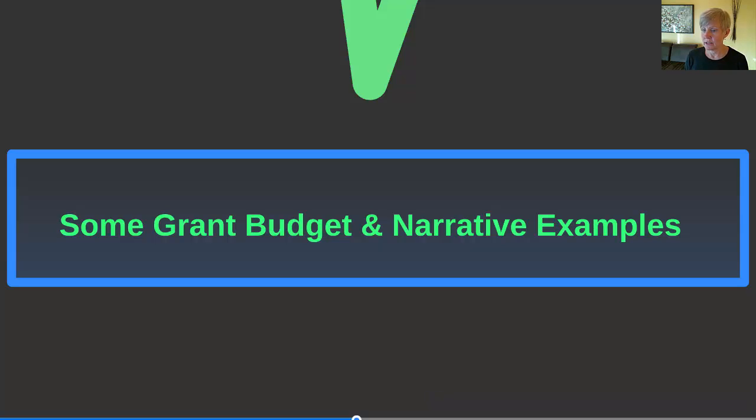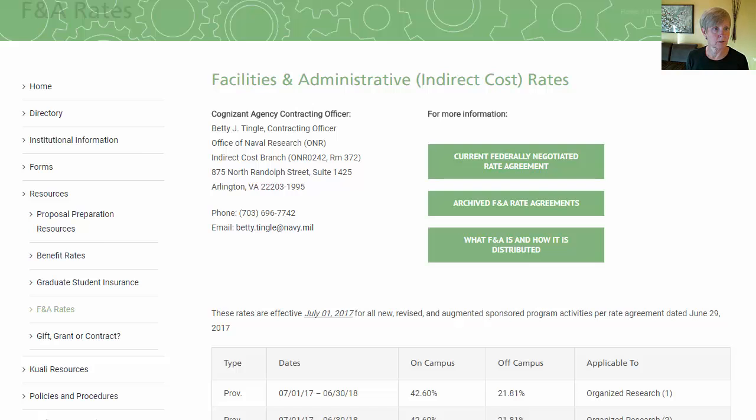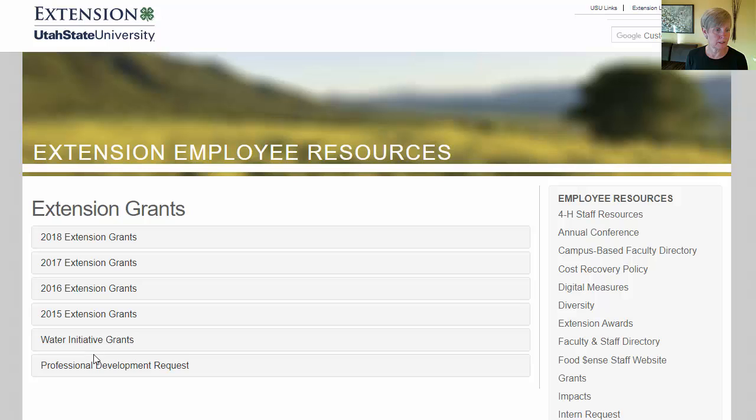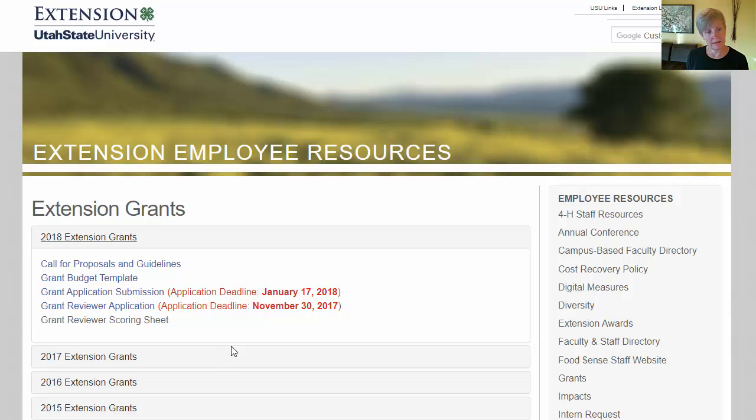So I think I'll start with, let's see, budget narrative. If we take a look recently, each year, as you can see here, Utah State University Extension has these extension grants. Essentially this call has not changed for quite some time. They may tweak some of the wording, or they did tweak the dollar amount. I think in 2016, maybe 2017, it went from $10,000 to $30,000 that could be asked for. So they'll tweak a few of these things, but if you're part of USU Extension, you can kind of count on there being some funding available each year in these grant